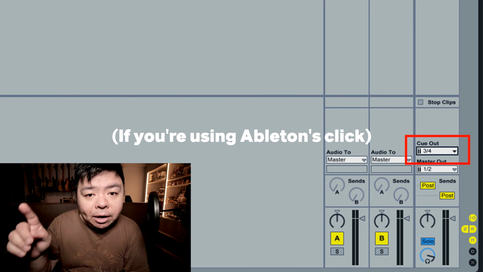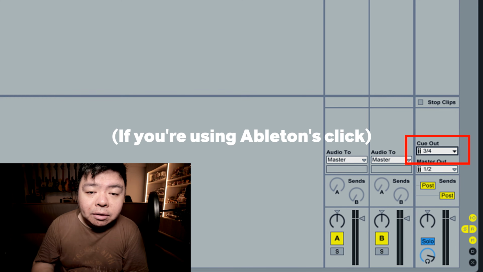Make sure that on the bottom right hand corner of Ableton Live, when you see Q out, that is set to 3 and 4. That way, when you use Ableton Live's click track, that will be sent out to the right. You don't want to send that out to the front of house,